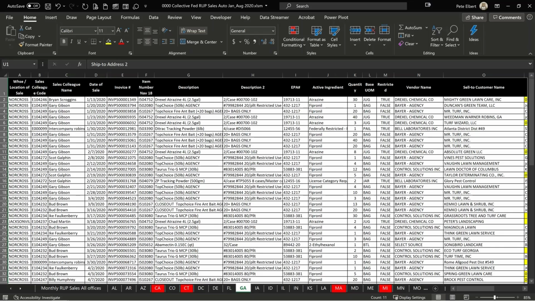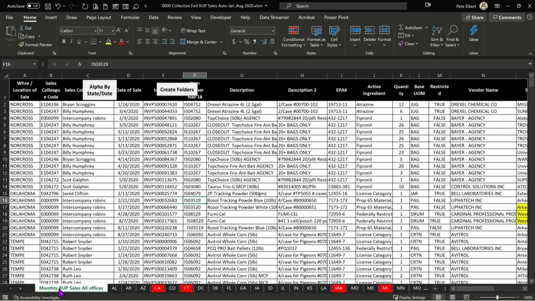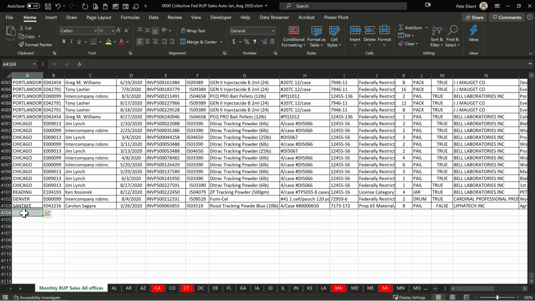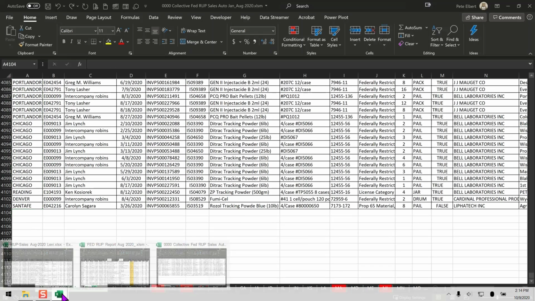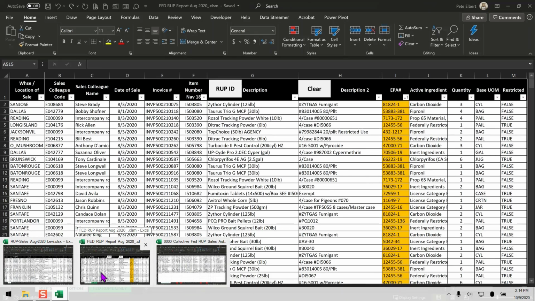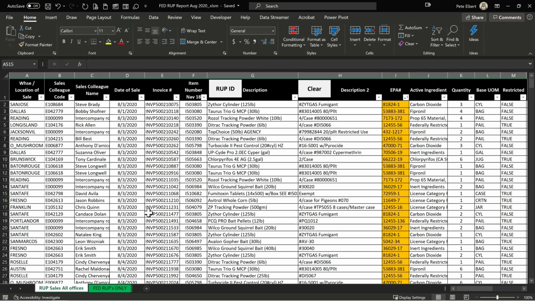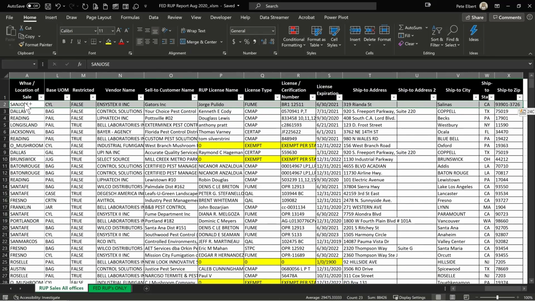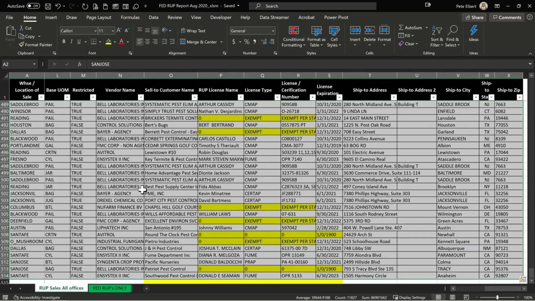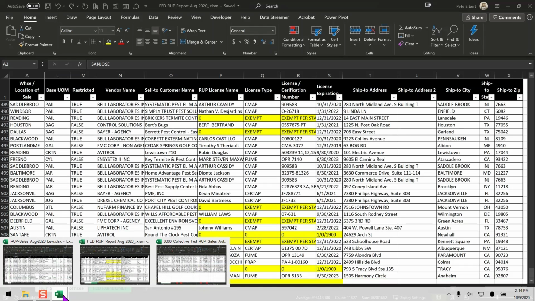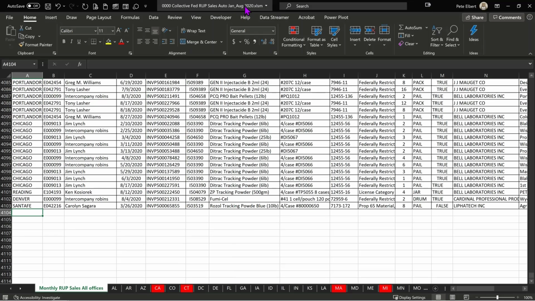Okay, just to go back a minute and take one step backwards, I said that in this report I've loaded up all of the January through August. Typically, when September comes up, you just go to the bottom of this report, and from the federal report we just did, if this were September's report, we'd copy this. Again, we can go all the way to the far right and page down, Control Shift Page Down. We could copy this and go back into this collective federal RUPs from January to August, and at the very bottom of that, we'll just paste that in there. Then we go back up to the top of this sheet